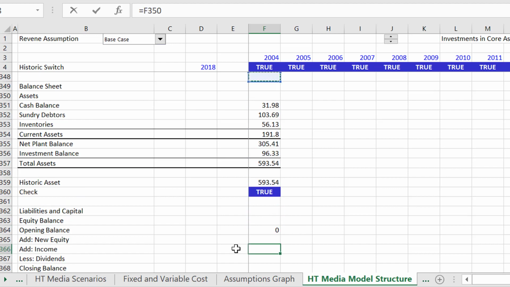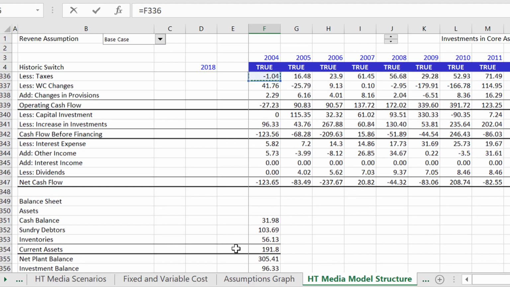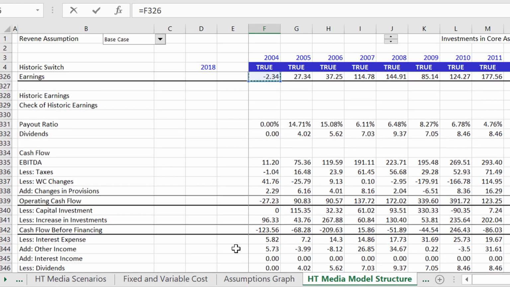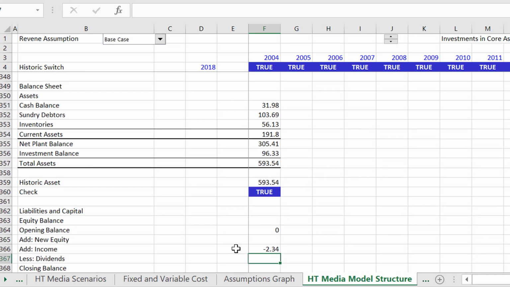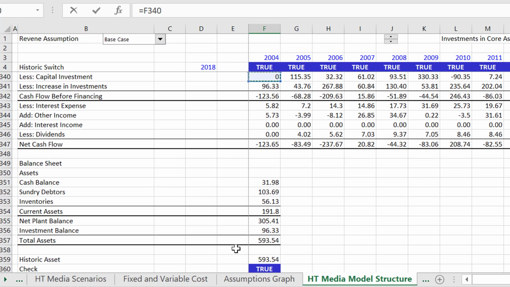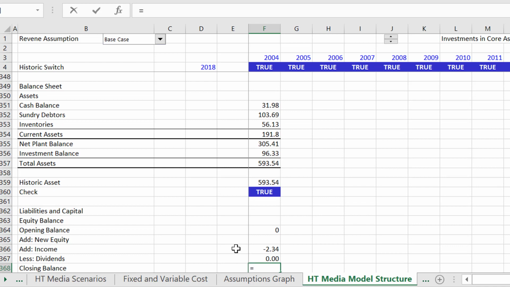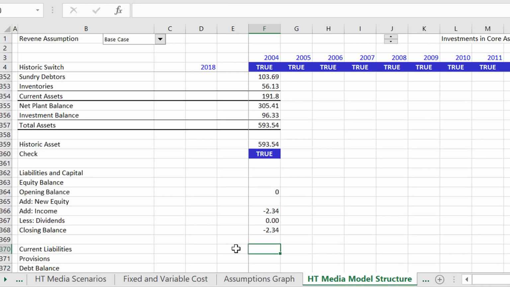Now, I didn't put any new investments in, but I put the earnings in, and I put the dividends in, which is almost the last line of all those. We can add the equity, add the income, less the dividends,